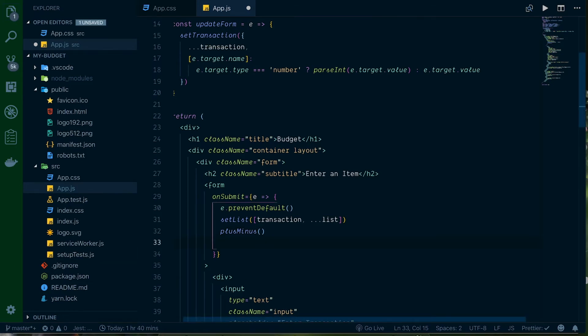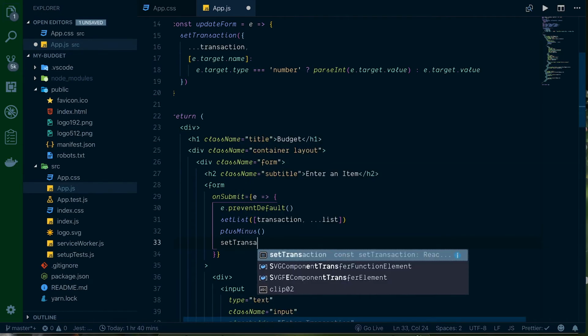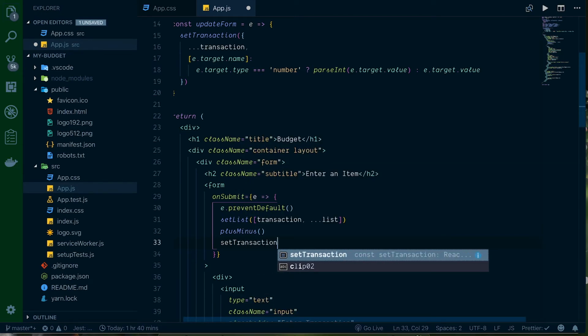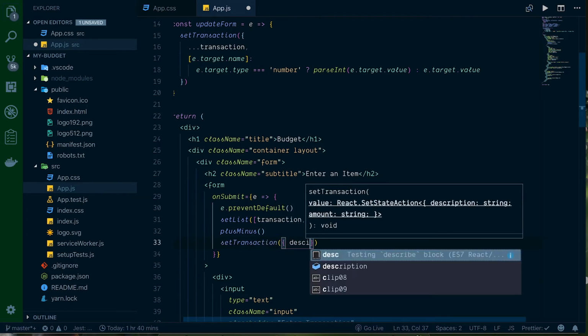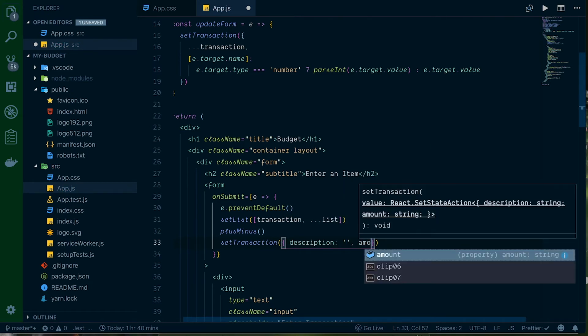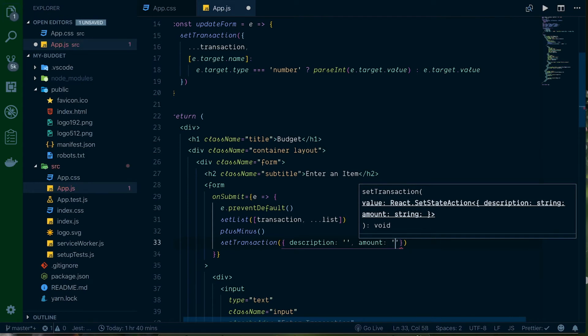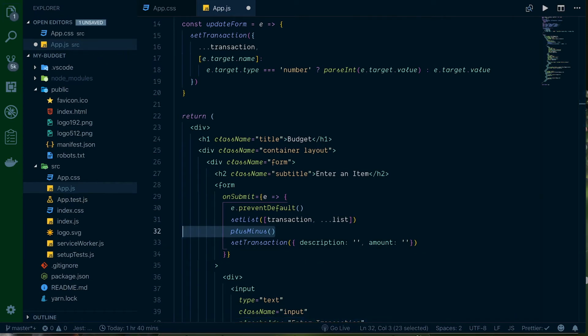But first, actually below that, we're gonna say setTransaction, and we're just going to set our transaction back to empty strings here, and the amount as well. So that'll reset when we submit our form, so there's no numbers there. But first, let's do this function here. So let's come up,